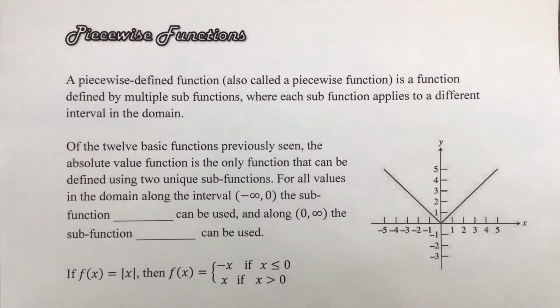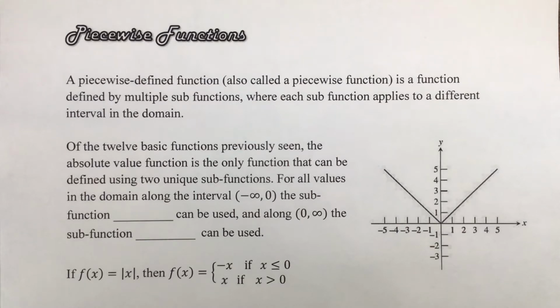Piecewise functions. A piecewise defined function, also called a piecewise function, is a function defined by multiple subfunctions, where each subfunction applies to a different interval in the domain. Before we get into any examples where we create them, let's take a look at this. Of the 12 basic functions previously seen, the absolute value function is the only function that can be defined using